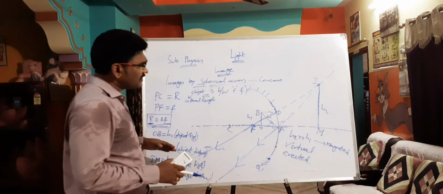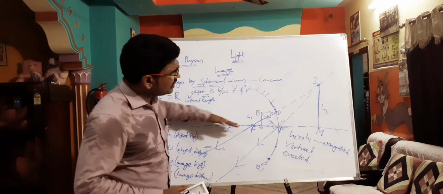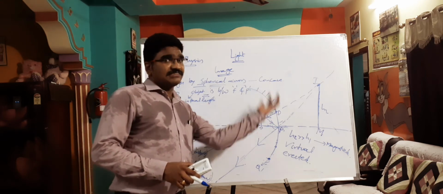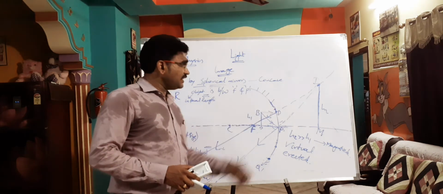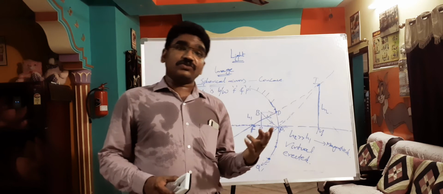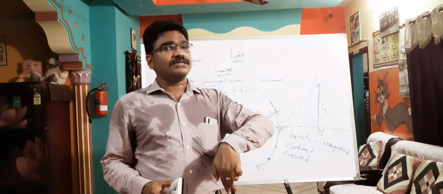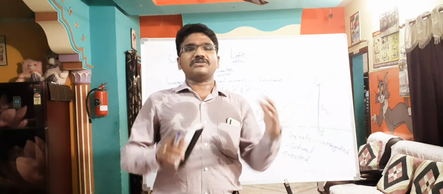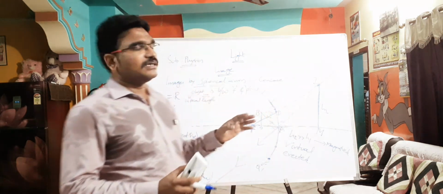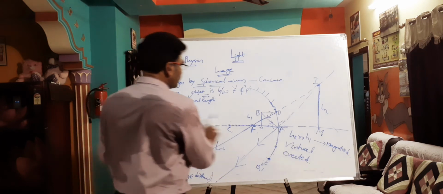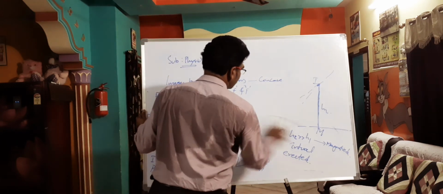Also you might have seen that when we move near to the mirror, magnification increases and you get erect images. So in concave mirrors you get real images, virtual images, erect images, inverted images, diminished images, magnified images, all types of images when you use a concave mirror. This is one thing you should understand, the characteristics.